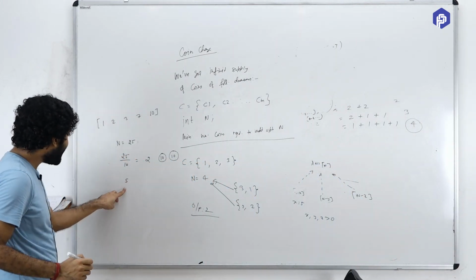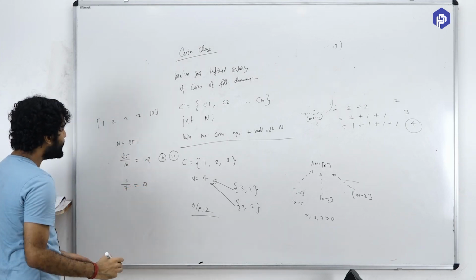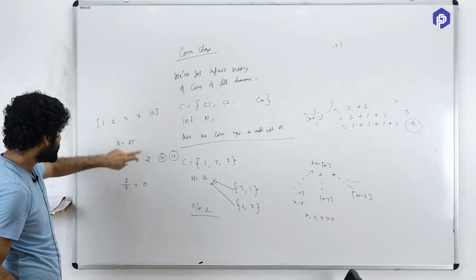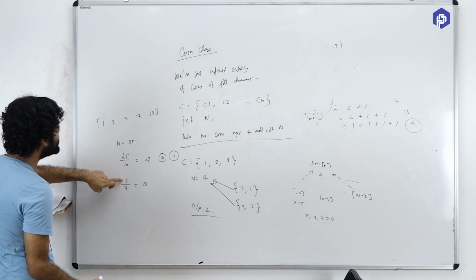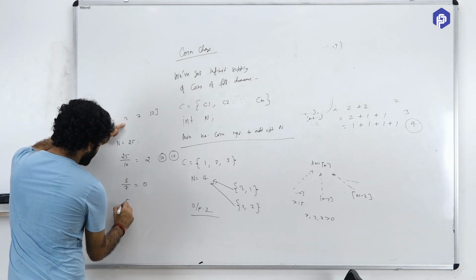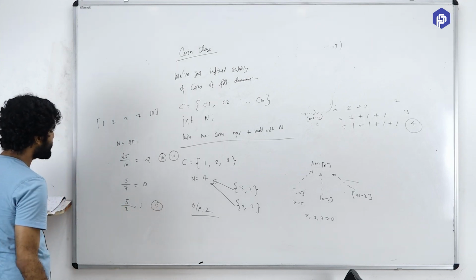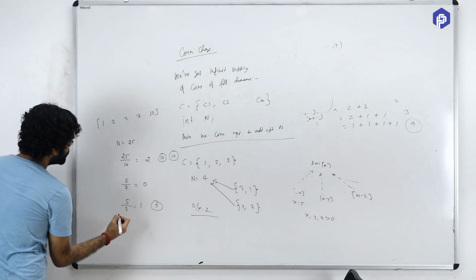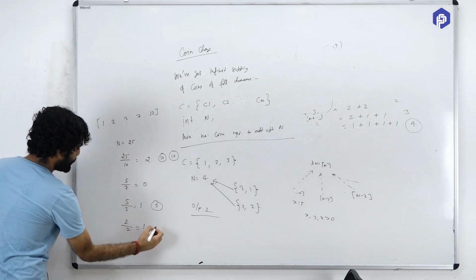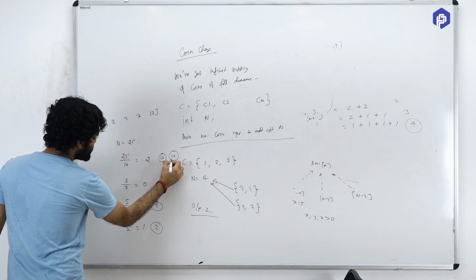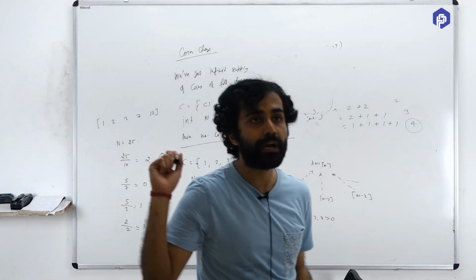Okay, so for 5, if you try out this 7, 5 by 7 is 0. So you would take 0 instances of the 7 rupee coin. Since you have taken 0 instances of the 7 rupee coin, the remaining value of n does not change. Now you would do it for 3. So 5 upon 3 is equal to 1. So you will take exactly 1 instance of the 3 rupee coin. Now the remaining value of n is 2, and now you come over here. So you would take 1 instance of the 2 rupee coin. So you have taken 2 instances of this, 1 instance of this and 1 instance of this. So here, using the greedy fashion, you have been able to solve this problem.